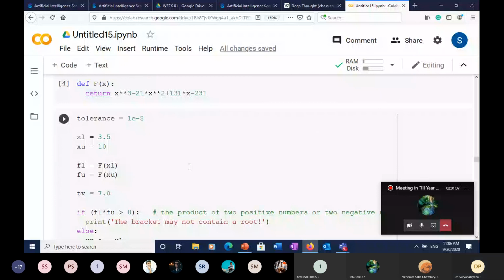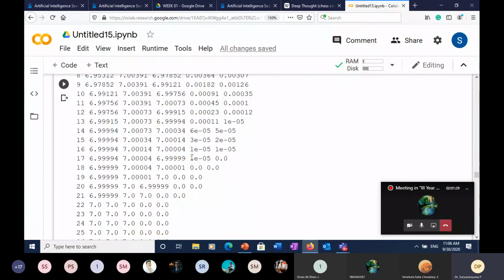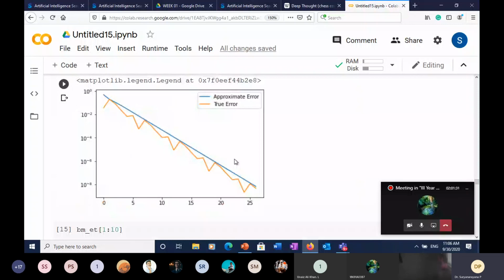So here I'm running these iterations till I get an error less than 10 to the power minus 8. I'm running it until my approximate error is less than 10 to the power minus 8. So I can have peace in my mind that the actual true value of error will be much less than that. It can nowhere be more than that. So that is what I wanted you to see from this plot.